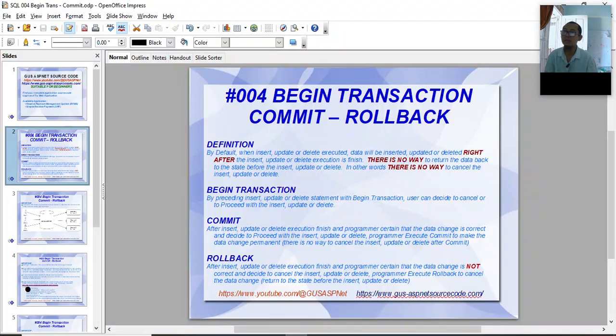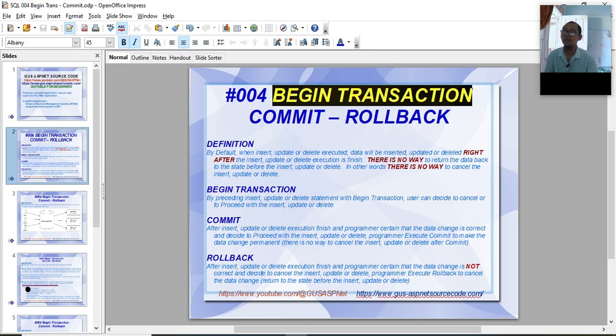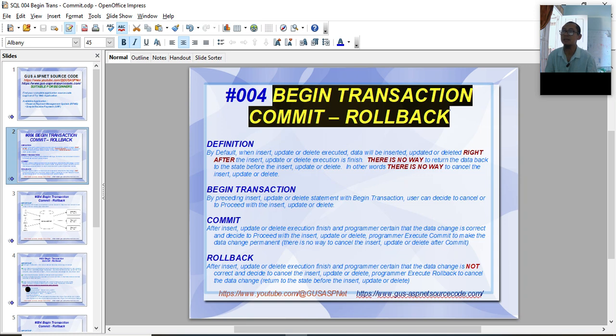Now let's start with begin transaction, commit and rollback. We have already learned before about SQL Server database and how to insert, update or delete statement. Now in this chapter we will learn about begin transaction, commit and rollback.